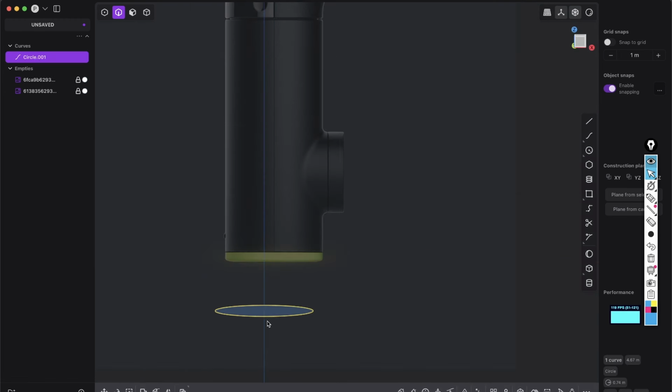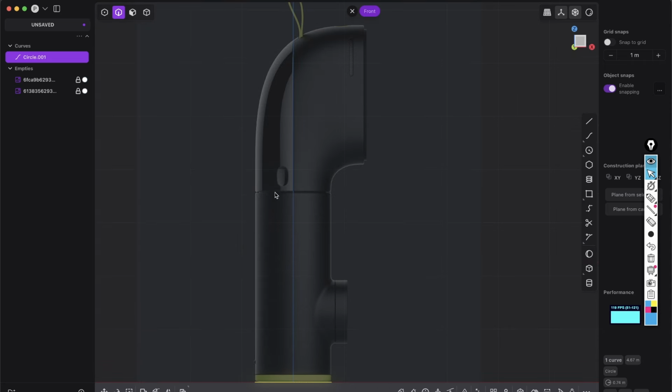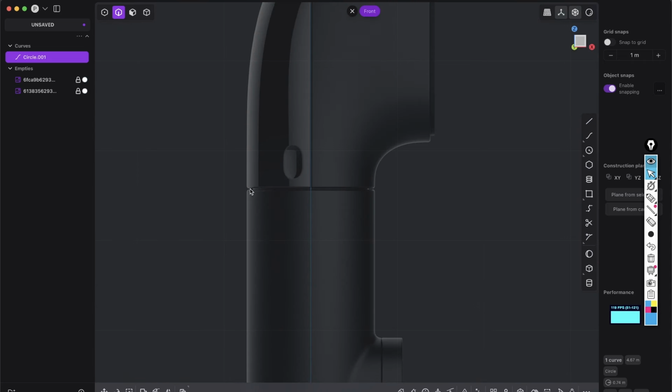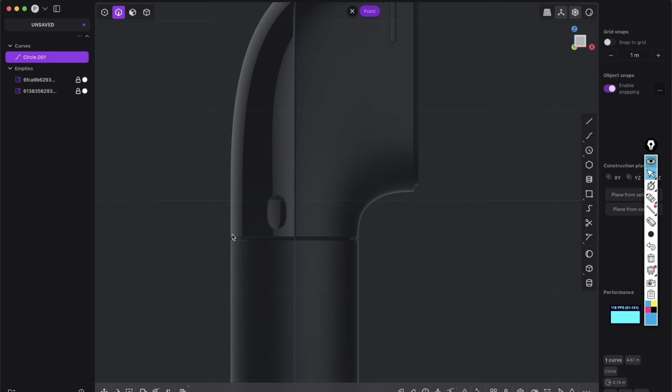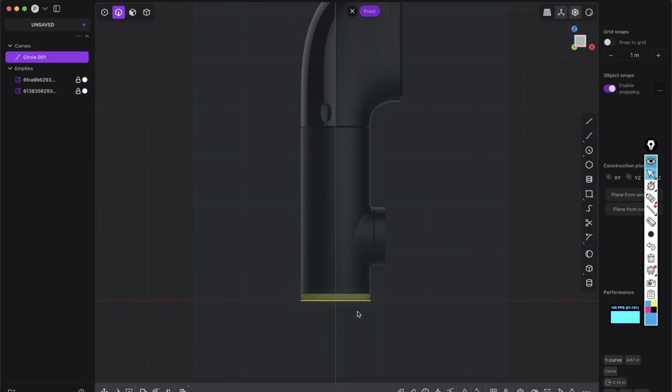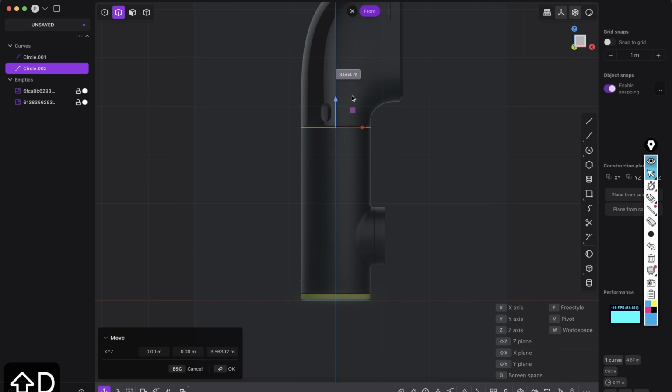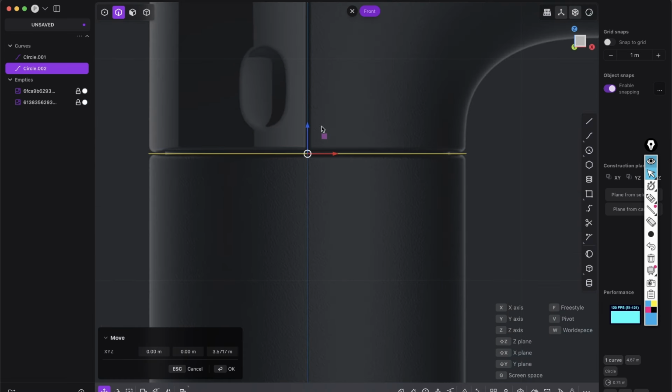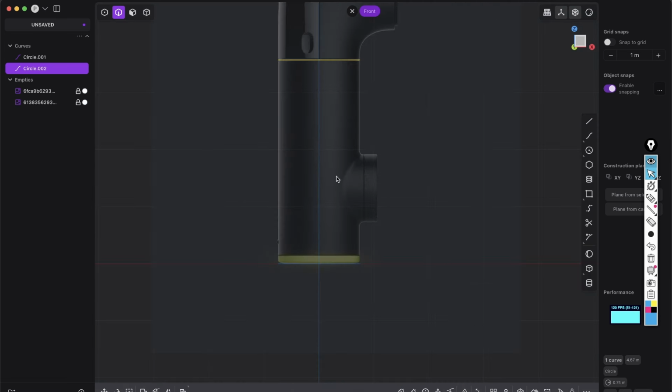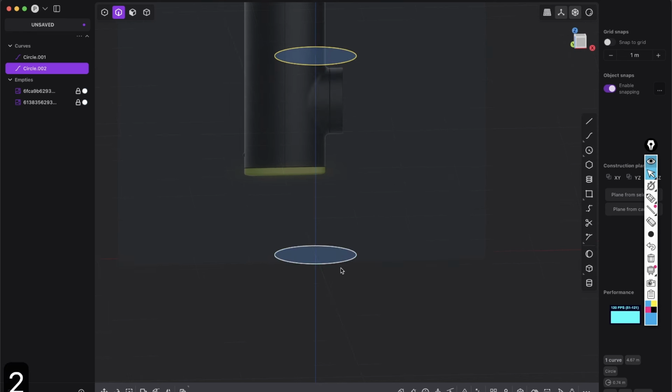So the circle is kind of lying, right? And we have to create here another circle because from this point on, it starts to curve, right? So we can just Shift D while this curve is selected and we can just bring it here to the top. So somewhere here. So we have two circles and